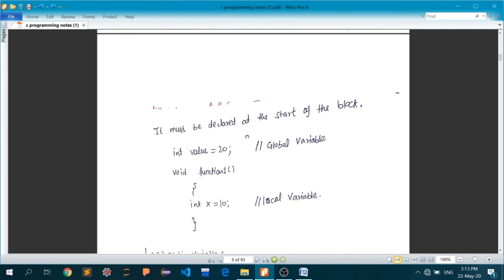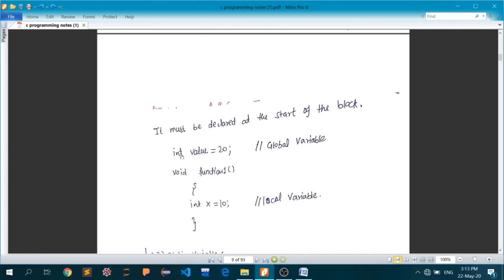And it must be declared at the start of the block itself. So, int value equal to 20, then void function. See, I have declared and initialized a variable called value, of type integer, with the value 20 associated with it, but you must keep in mind that this is actually outside of this function.